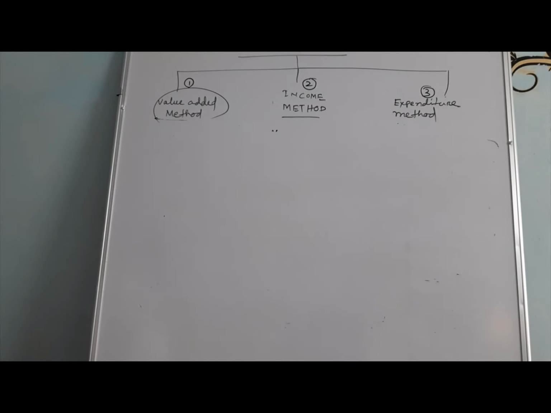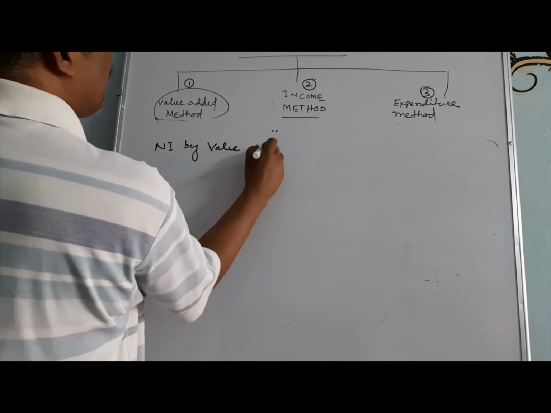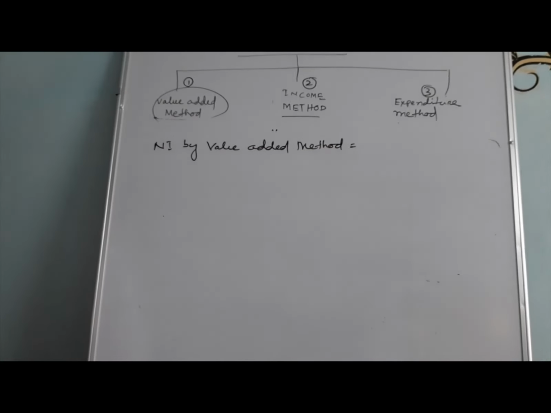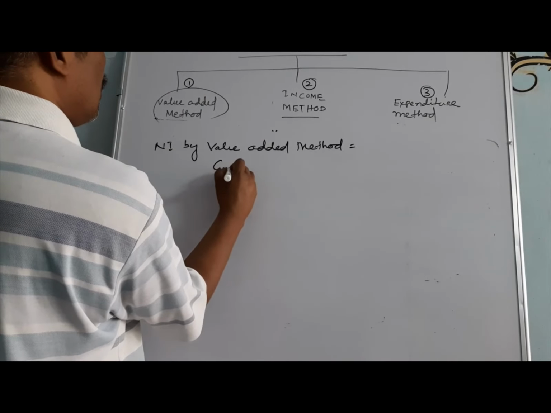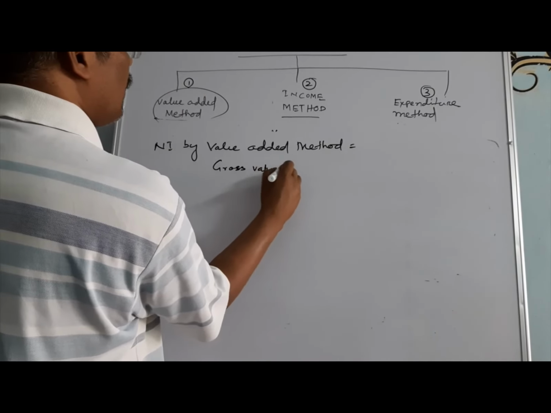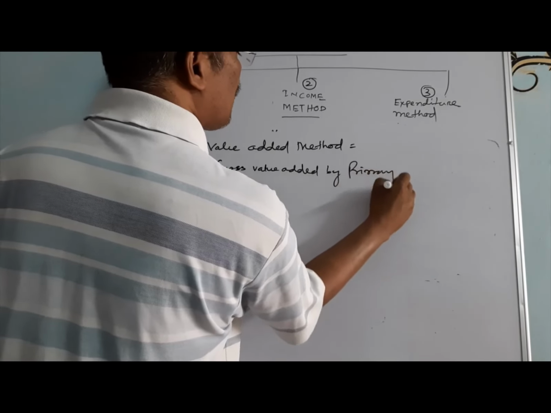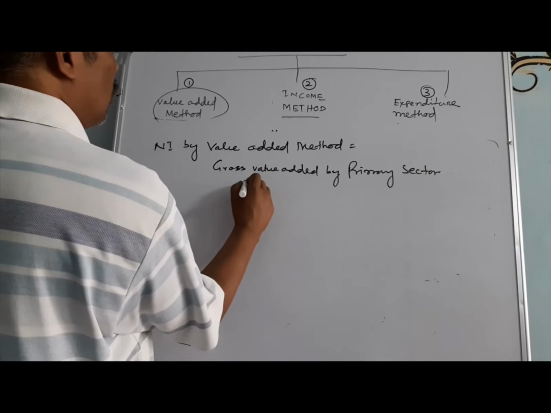So national income by value added method equals gross value added by primary sector in the domestic territory,